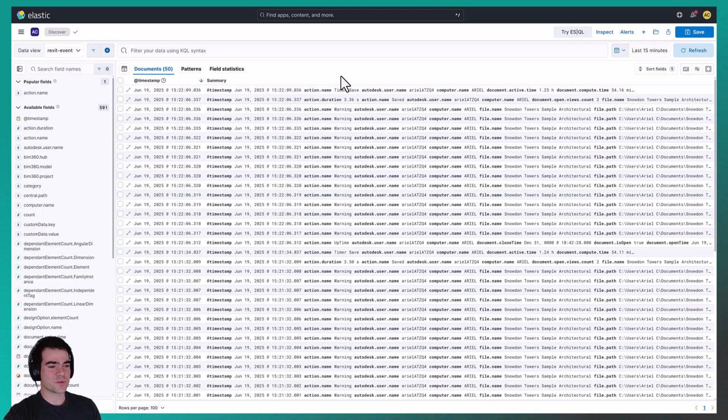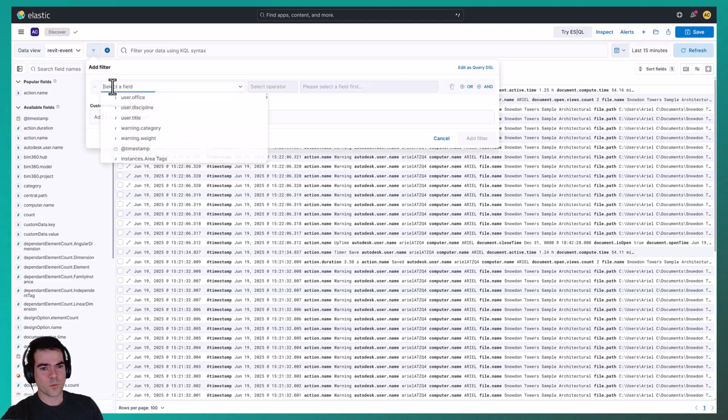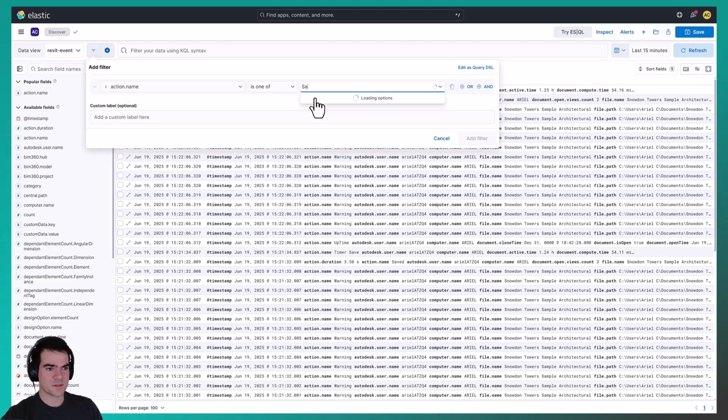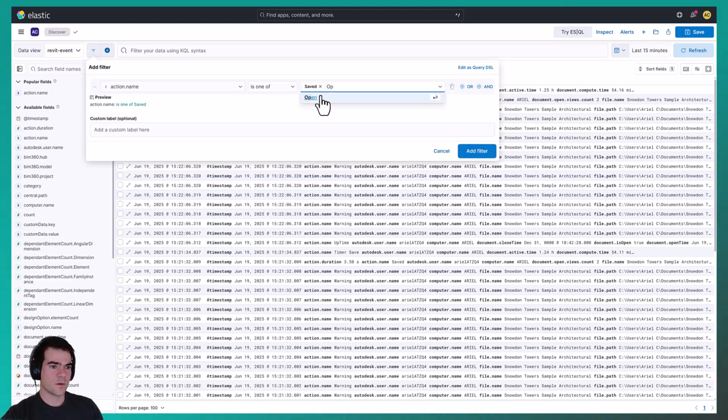Now let's create a custom rule. Let's say you want to create one that informs you when a model crosses a certain threshold for how many detail groups there are in the model. A good place to start is in Discover. For example, we know that when action name is one of saved, open, and sync,